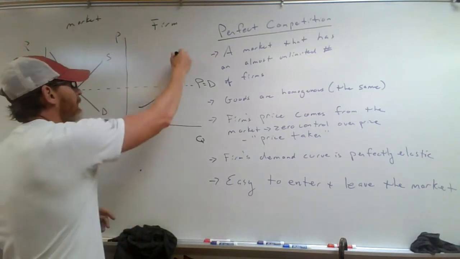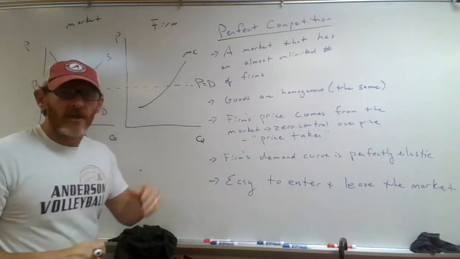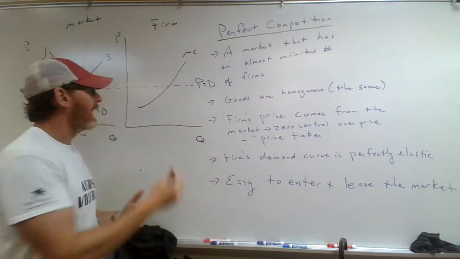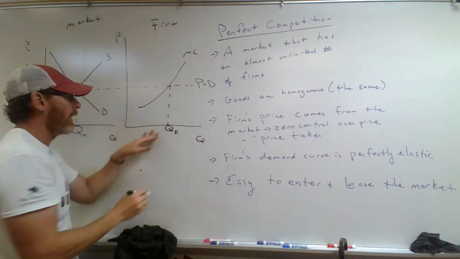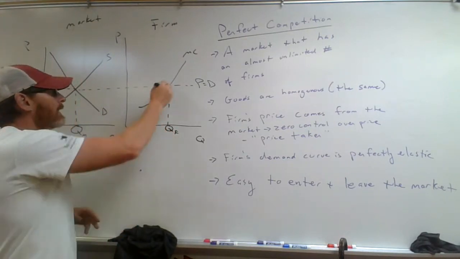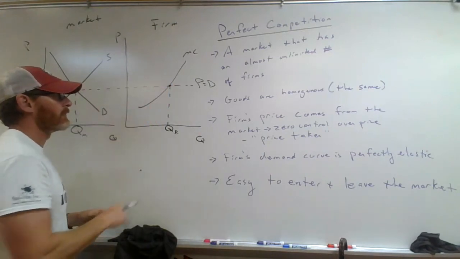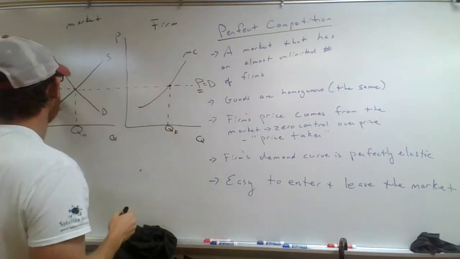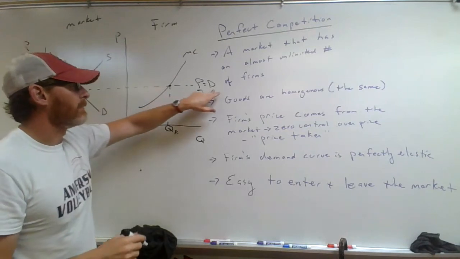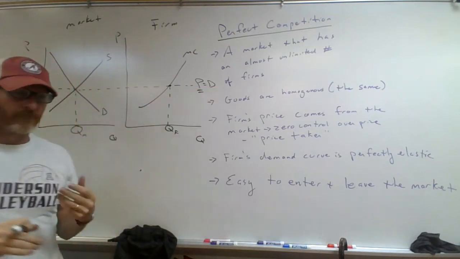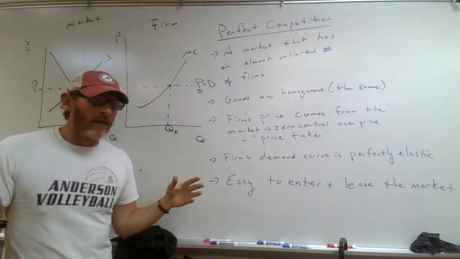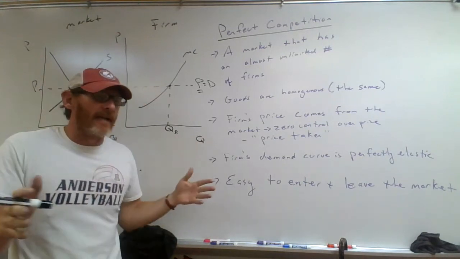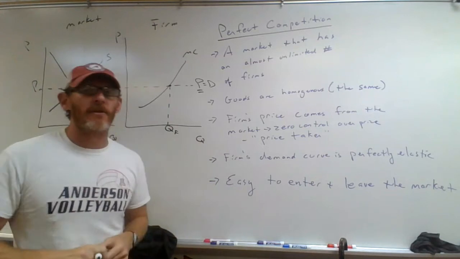and services. Okay, here's the marginal cost, which for the firm would be like its supply. And then where that supply hits that demand curve, here's going to be the quantity for the firm, or Q sub F. So this is how much they're going to produce, and the price comes from the price in the market. The reason the demand is horizontal is because you are supplying the same type of good that has the same type of substitutable good as everybody else is,